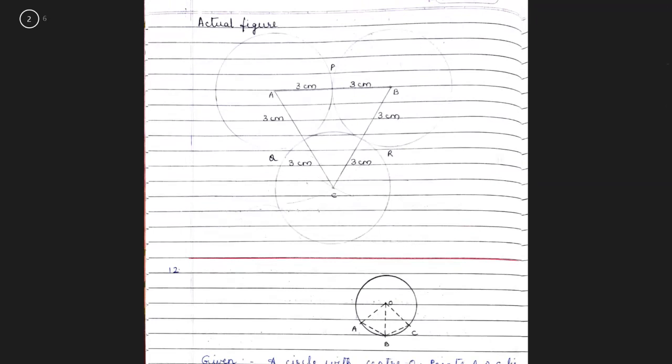Okay. Now we are going to draw the actual figure. And how do you do it? It's a construction. So first you're going to draw AB, which will be 6 centimeters. Okay. Now keeping your compass at point A and taking 6 centimeters as a measure, you're going to cut an arc. Similarly, with the steel point of the compass at B, same 6 centimeter measure, you're going to cut an arc. Now both these arcs are going to meet at the point C.